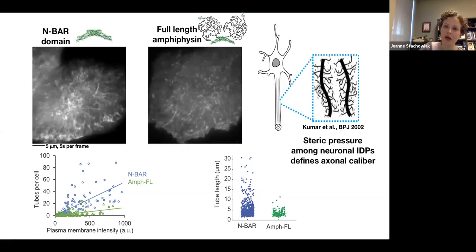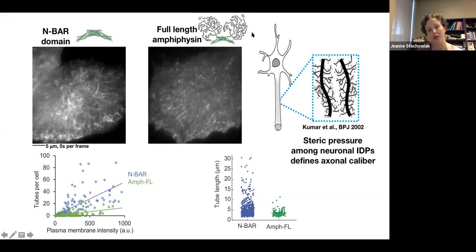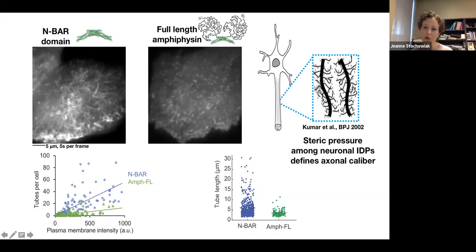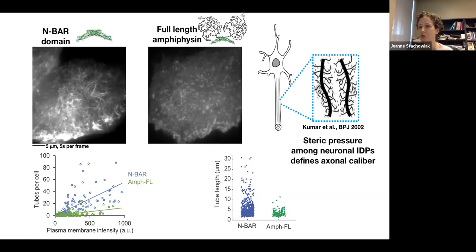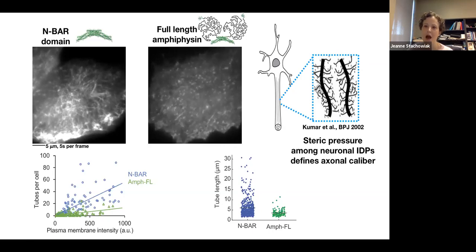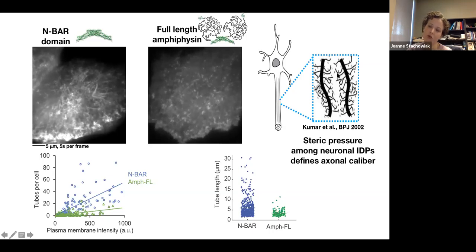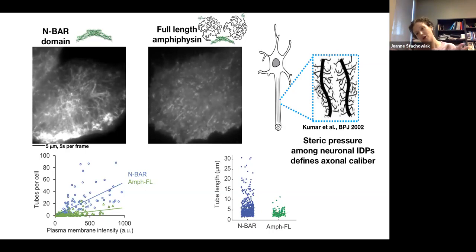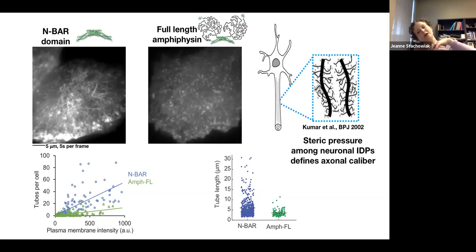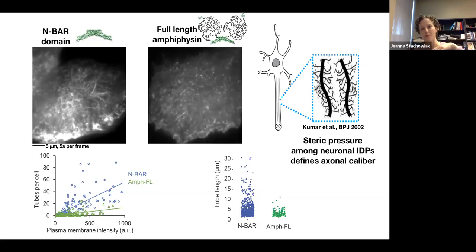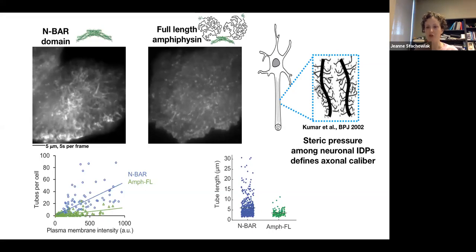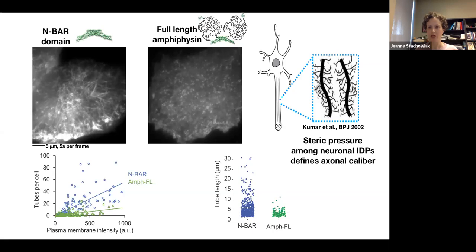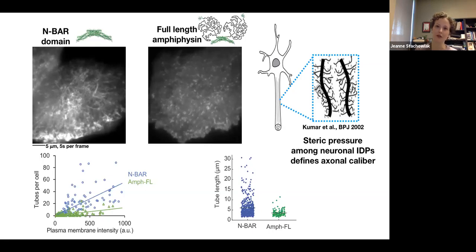So to check that out, we made another chimera where we replaced this disorder domain with a disorder domain that isn't involved in endocytosis. Some of you all might be familiar with the neurofilament domains, which are disorder domains that have been studied for a couple of decades now. And interestingly, these domains play a steric role in cells. So they're sort of these brushes of disordered proteins that extend off of these neurofilaments. You can kind of think of them like a pipe cleaner or like one of those bottle brush flowers. And their job is to space out the neurofilaments and therefore control the caliber, or the waistline, of an axon. So we took these domains, which are not in this type of cell at all, and fused